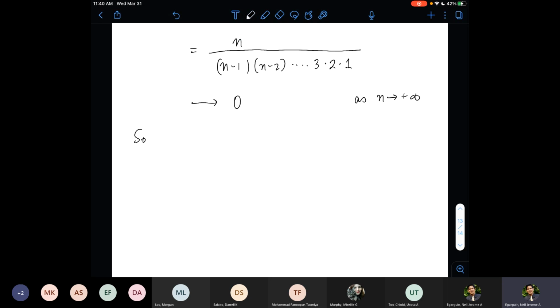So we say that the sequence converges to 0. Okay, because again, the denominator becomes large faster than how the numerator increases. Okay, now that's another way of looking at the convergence of sequences. If you see that the denominator,